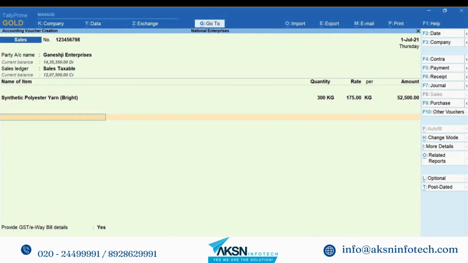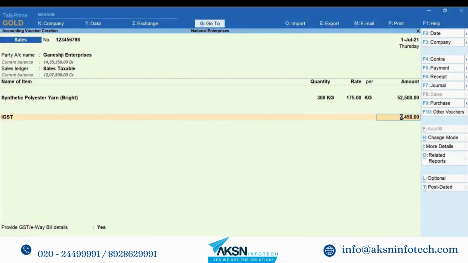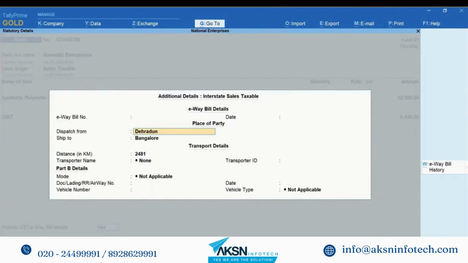SGST और CGST के लेजर्स चुनें यदि यह ट्रांजैक्शन राज्य के अंतर्गत है, लेकिन अगर पार्टी किसी और राज्य में स्थित है तो IGST लेजर चुनें। 2 बार एंटर दबाएं और कर्सर प्रोवाइड GST ई-वे बिल डिटेल्स पर पहुंचेगा। विकल्प को यस सेट करें। एडिशनल डिटेल्स सेल्स टैक्सेबल स्क्रीन